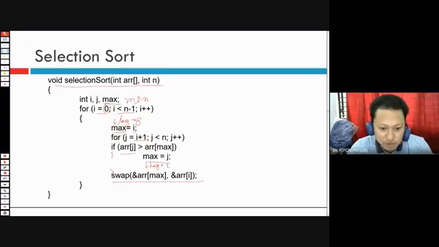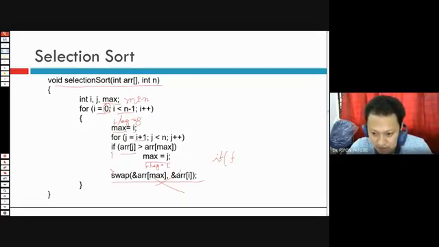If flag equals 1, then only perform the swap. So in this code I will write: if flag, then perform swap.